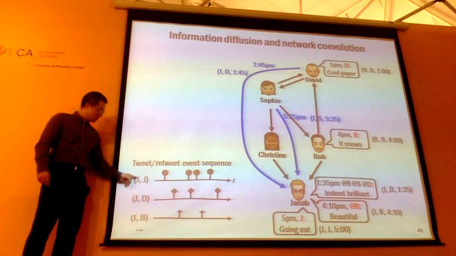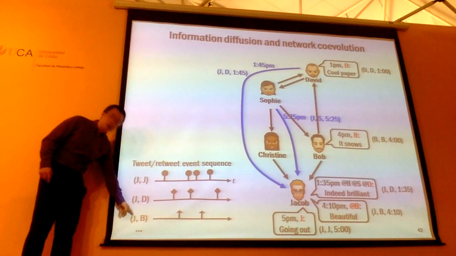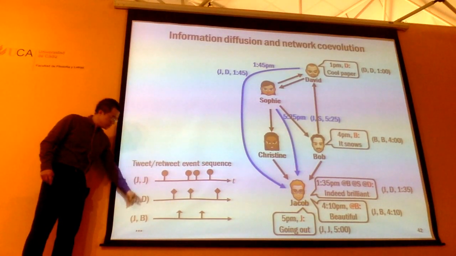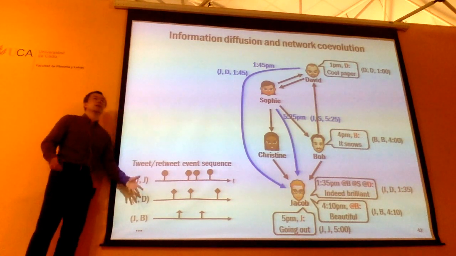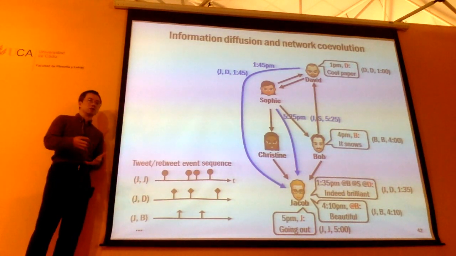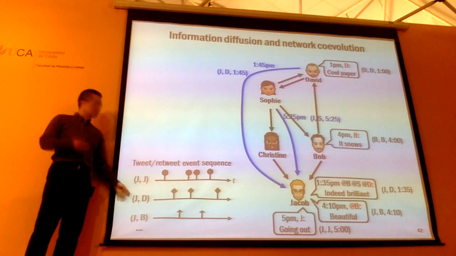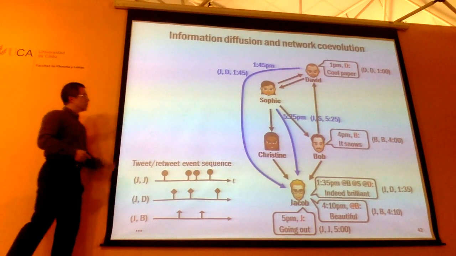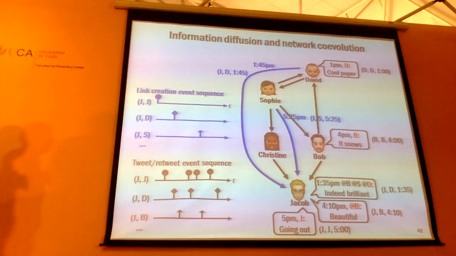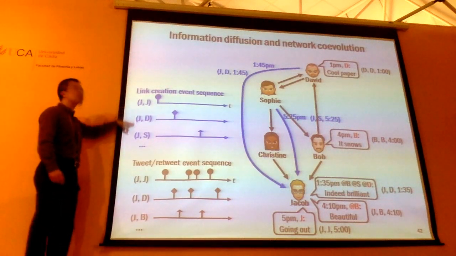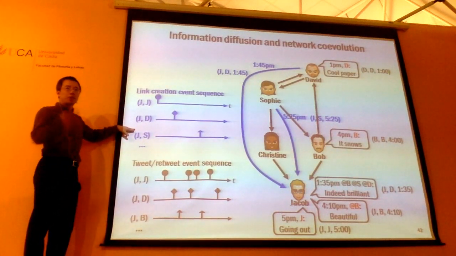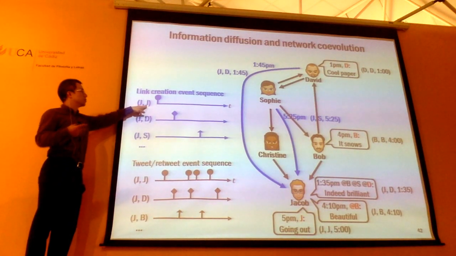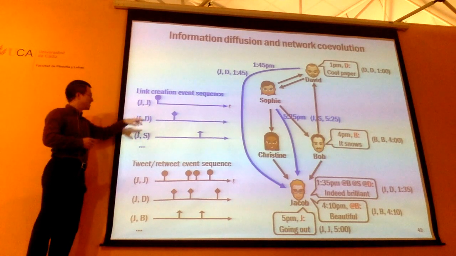So for this particular user Jacob, it's going to have one point process for each one of these original sources, for David, Bob as well. We're just going to record how many times Jacob has retweeted a particular information source. For link creation, similarly, you can also create a collection of point processes for Jacob. For instance, whether Jacob has linked to himself, supposedly he is always linking to himself.